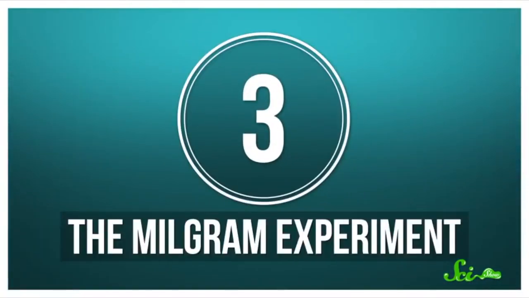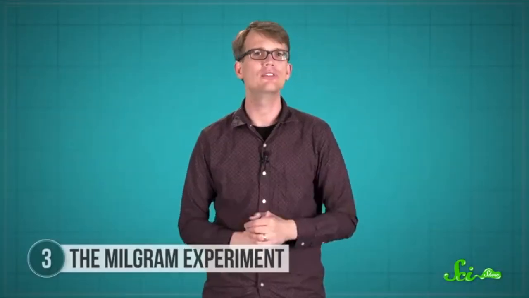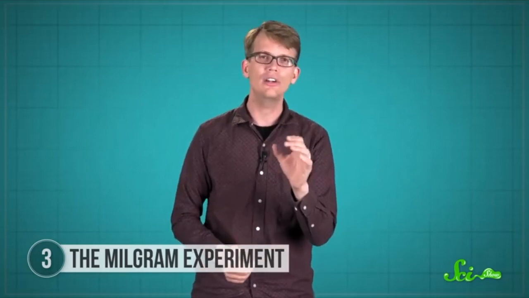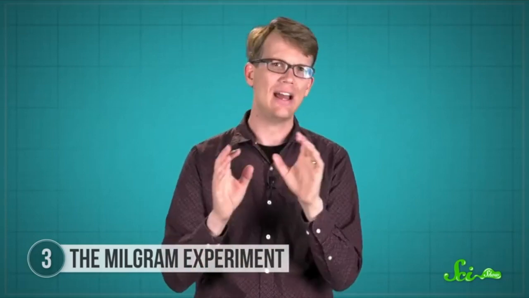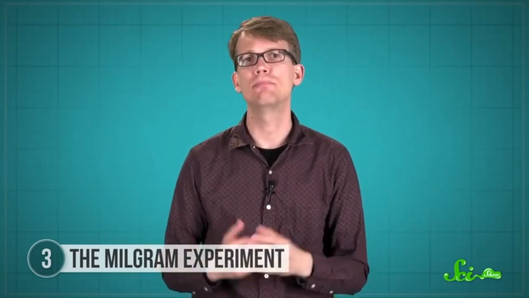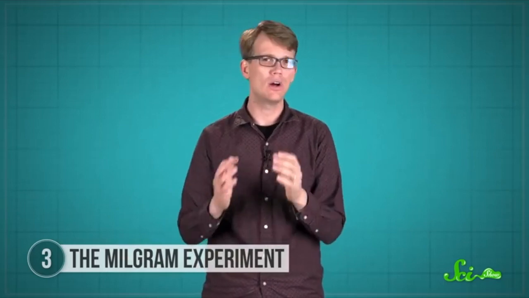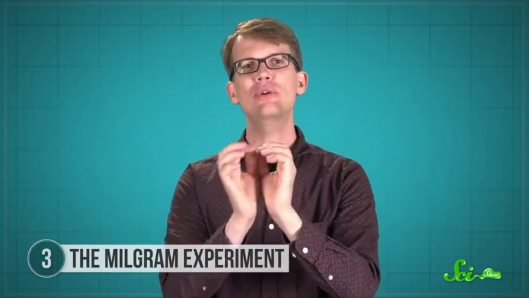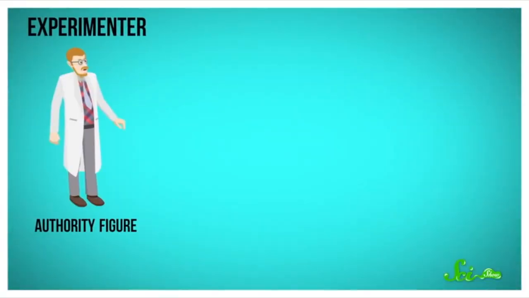Experiments, of course, can harm adult subjects too. In 1961, a researcher at Yale University named Stanley Milgram was interested in the psychology of obedience. He decided to see how subjects would react when a researcher pushed them to do things that went against their morals. The study he came up with is now called the Milgram experiment, and it had 3 separate roles. The experimenter, played by a scientist in a white lab coat, was the authority figure.